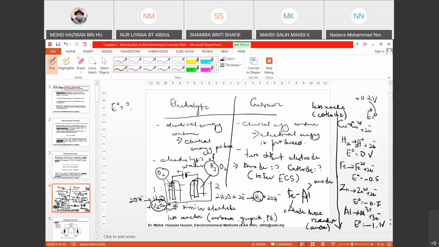Okay, that is actually how you can get the value. But E naught is actually a standard potential. So what does it mean by standard potential? Standard potential means that you do the measurement, you do the electrochemical process at 1 atm pressure, 1 molar of concentration, and